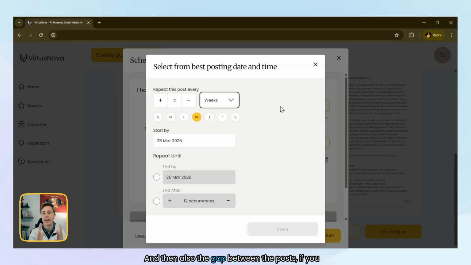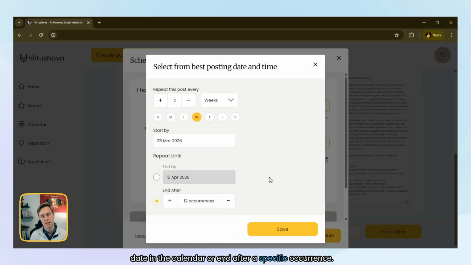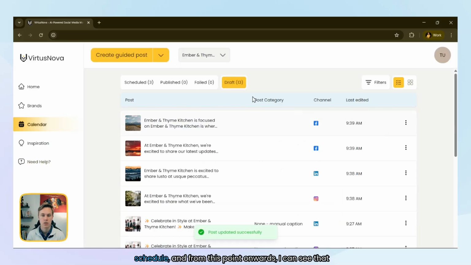and then also the gap between the posts, if you want it to be every week or every 2 weeks, determining the posting day when you want this to go live during the week, and then also from when you want to start the post itself and repeat until either a specific date in the calendar or end after a specific occurrence. So here I'll go ahead and pop this down to 7 occurrences and then have the posts repeat every 2 weeks. Now I would go ahead and save this and confirm the schedule, and from this point onwards